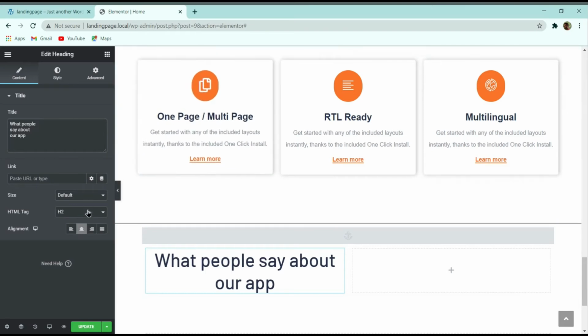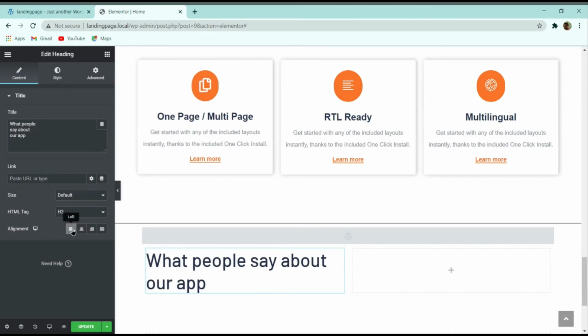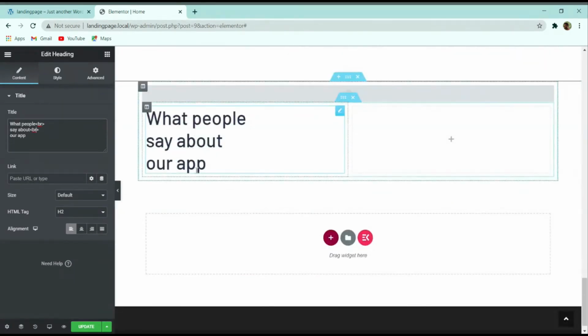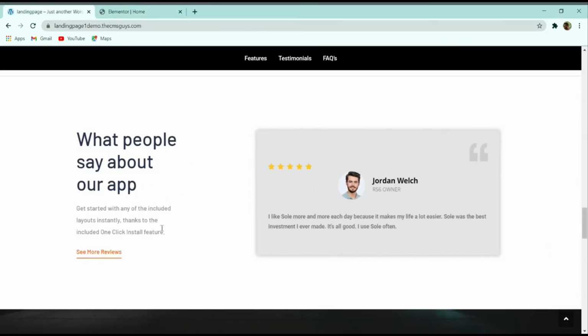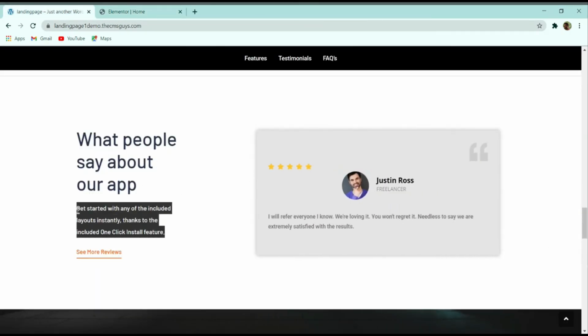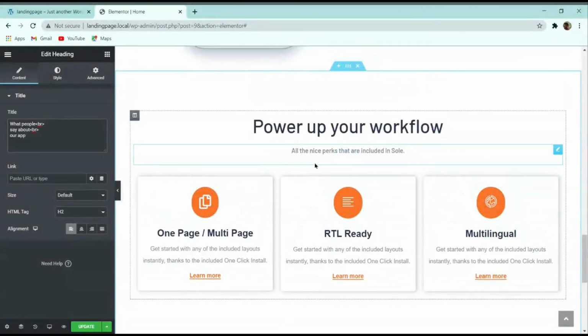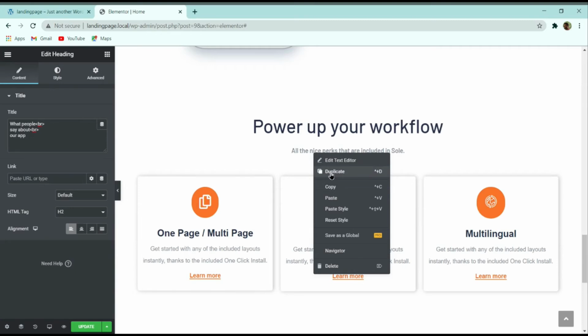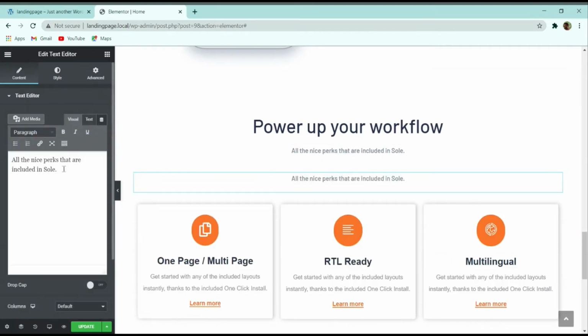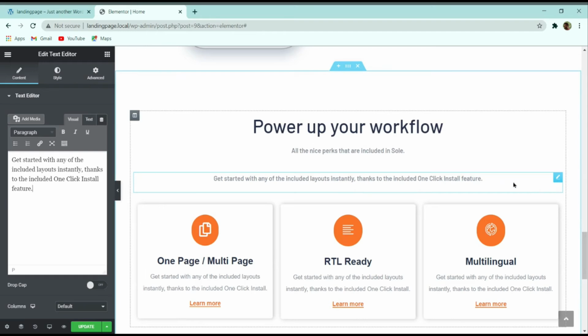So basically we have to make the alignment to left align, and here I will use this br tag to separate the line. So here again I will use this br tag one more time, and now here you can see that we have created exactly the same. So similarly again here I will copy the same text from here. After that what I will do, here I can duplicate this one, or you can either copy it, and in this part again I will paste the text.